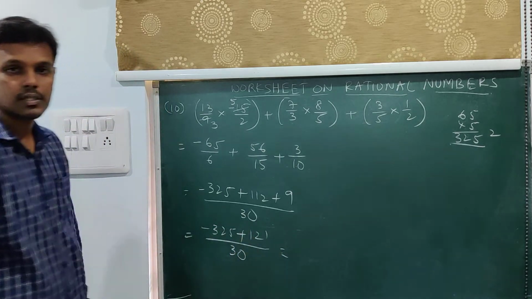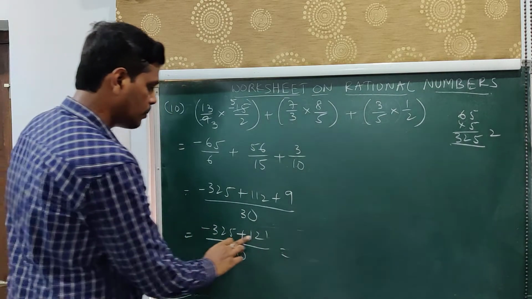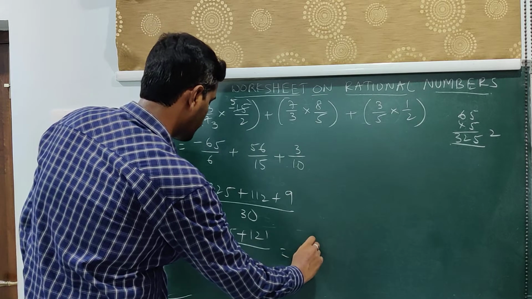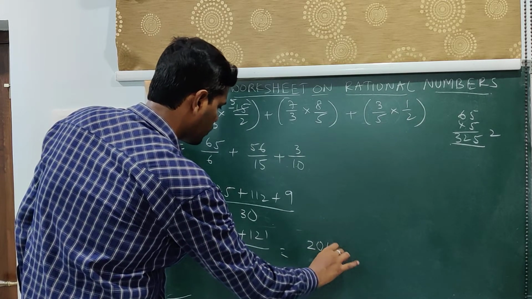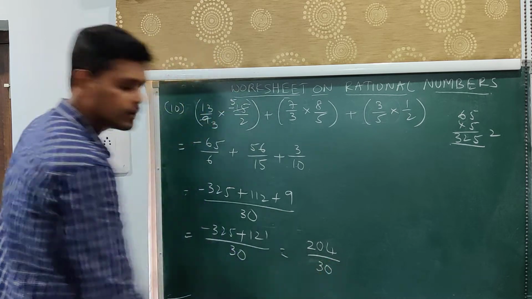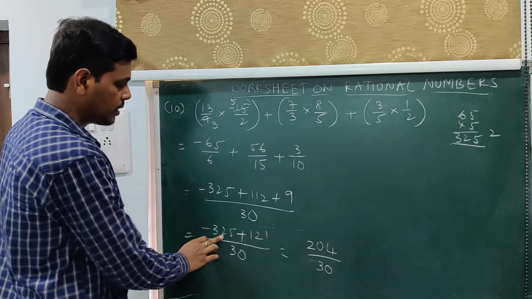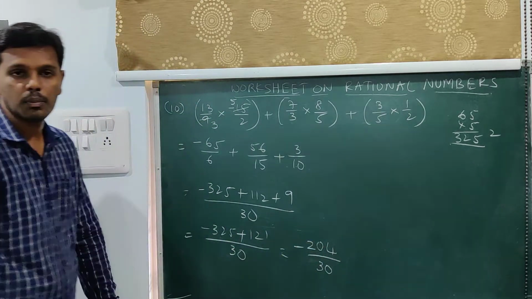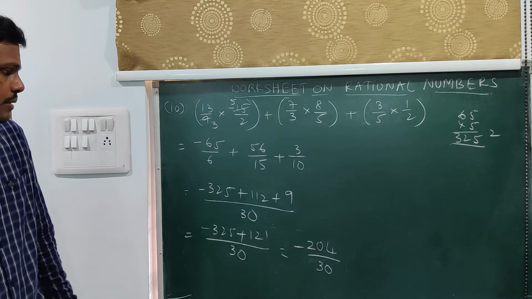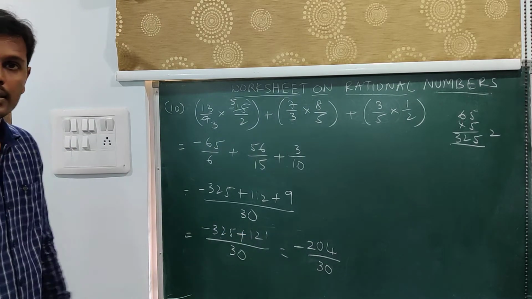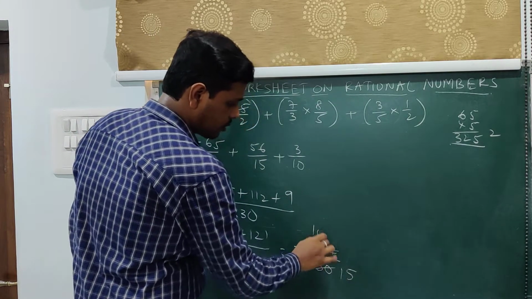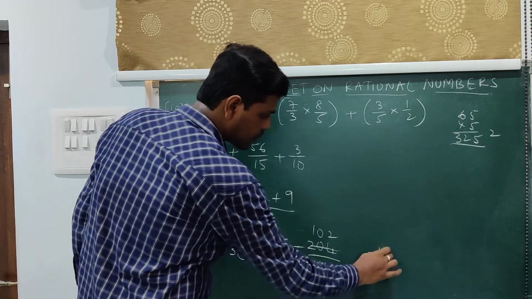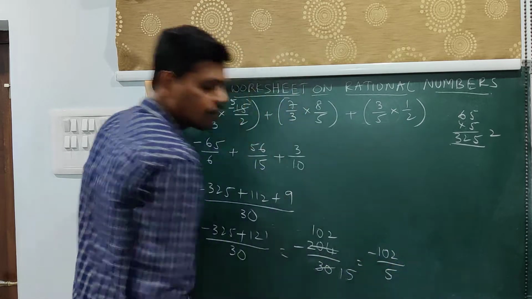Now these are of different signs, so you will subtract. So 3 minus 1 is 2, 2 minus 2 is 0, 5 minus 1 is 4, by 30. The biggest number is 325, sign is minus, so you keep a minus sign. So that is the case. Again, both of them can be cancelled in the 2 table. 2 15s are 30, 2 10s are 20, 2 2s are 4. So the final answer is minus 102 by 5.